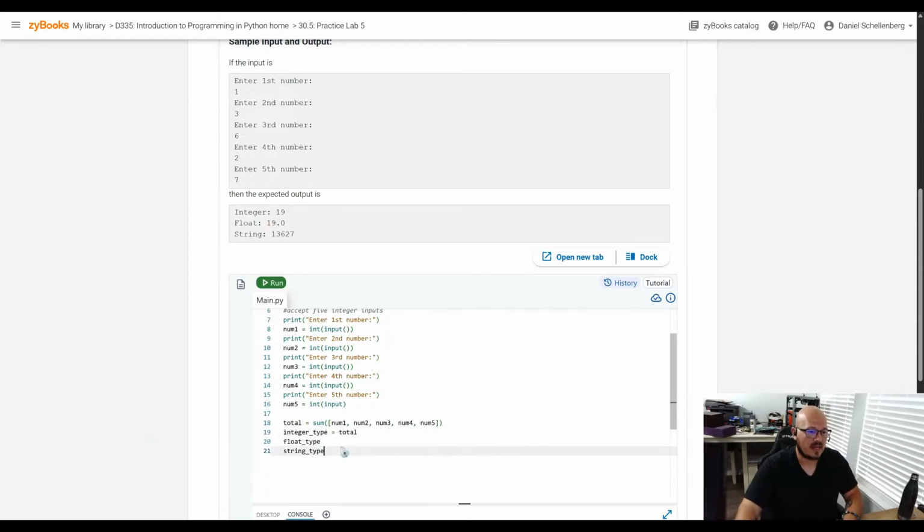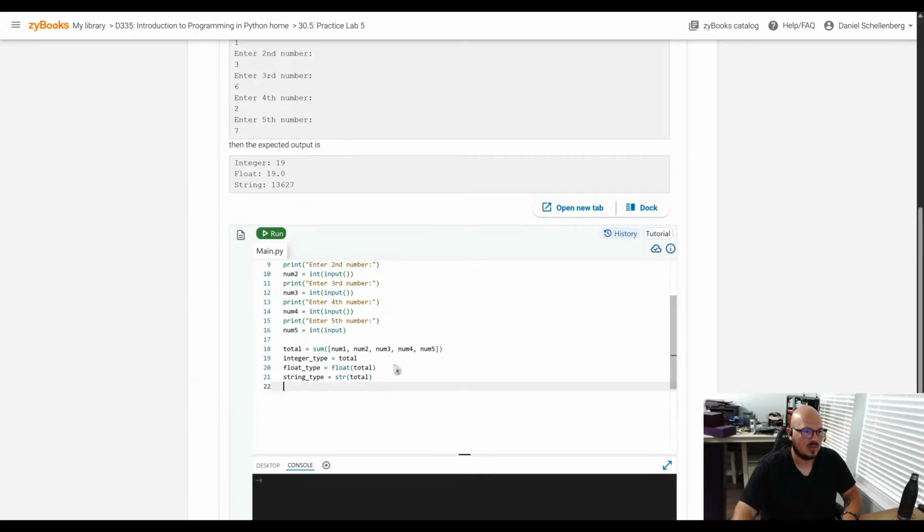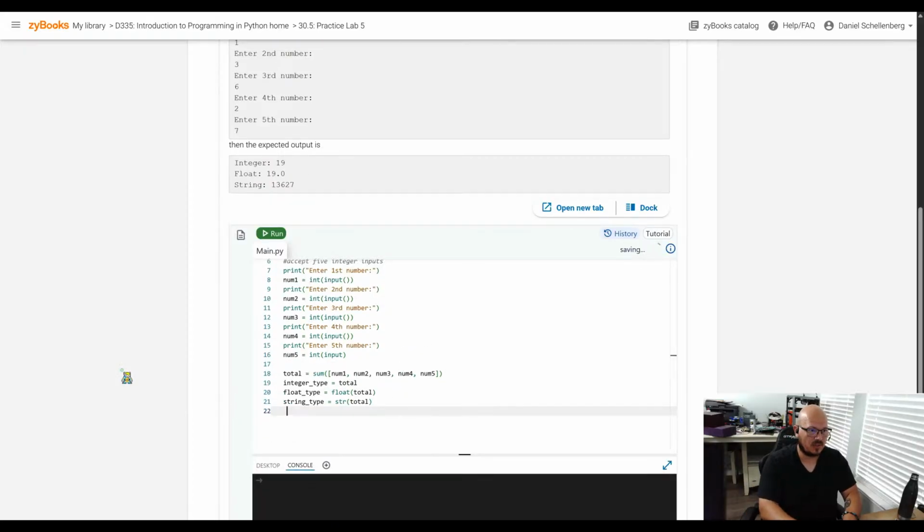And then I can say float total, right? And then I can say string. Oh, that's not how you do string. String is like that. String total, right? So then I should be able to print out